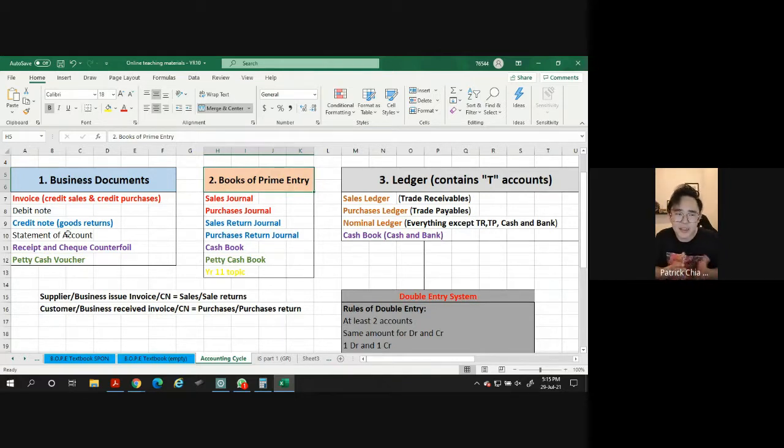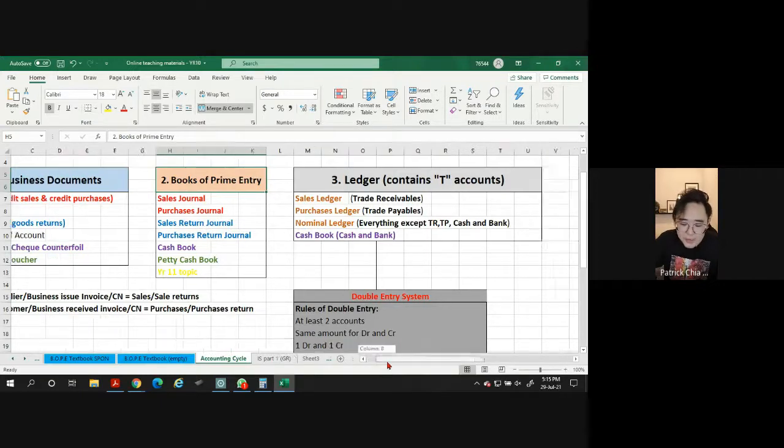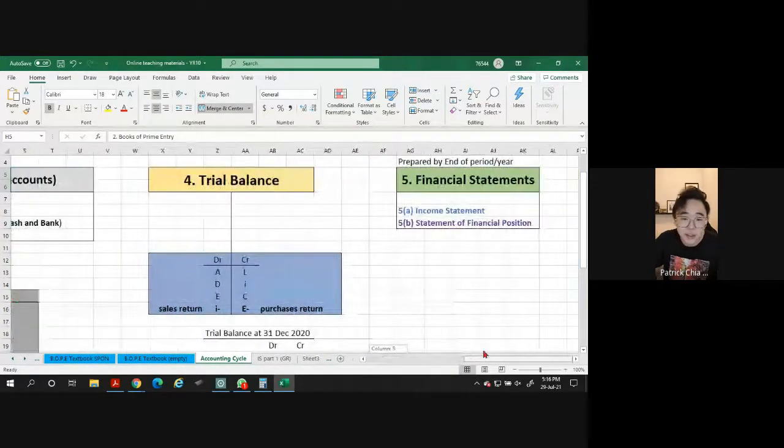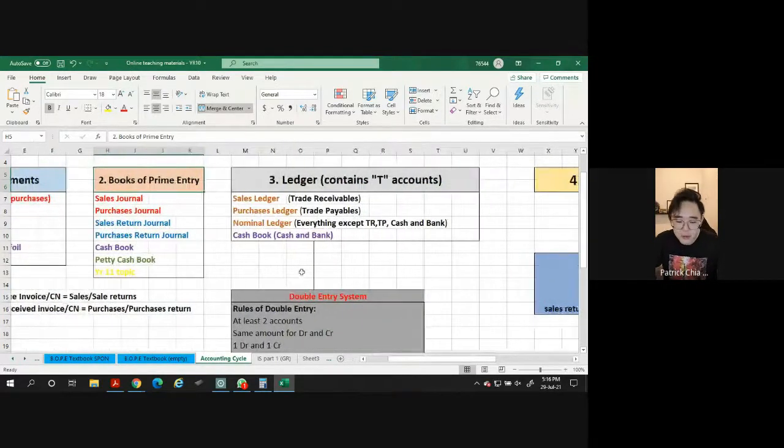Because in the end, we still need to know all the double entry, the transaction, and then how do we record it in the T account. But with the books of prime entry, something will be a little bit different to the T account. So I'll go through that also, just to give you a better idea. Why do I have books of prime entry? What's the purpose of having this thing here? Your basic is to know what happened, know the double entry, and do the T account. And from the T account, do the balancing, and then move on to the last part, which is the financial statement. So I explained to you how to relate all this.